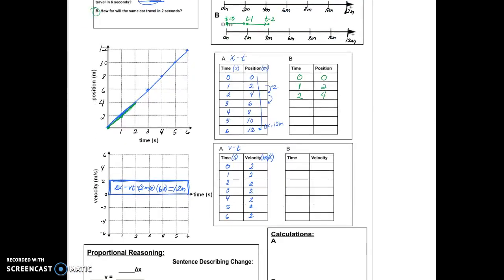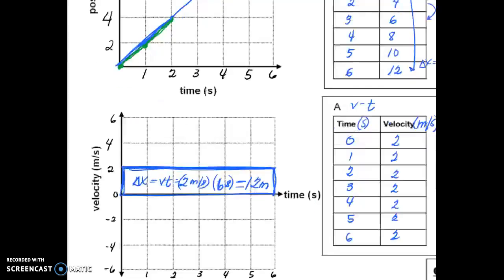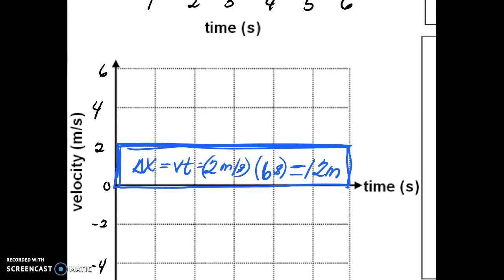And the same thing, it moved for 2 seconds, and it was at 2 meters per second all the way. Okay, and its displacement, we can see that 2 and 2. Now this line